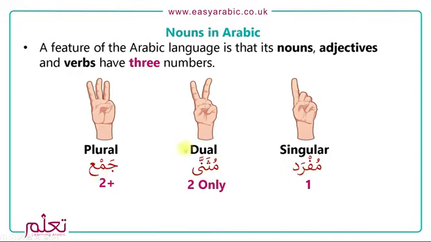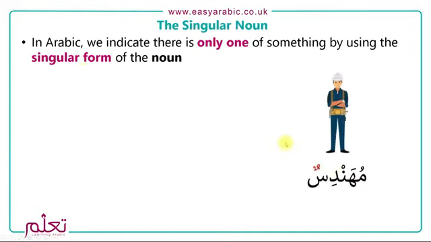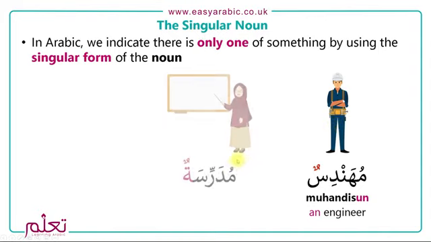Okay, so in the singular noun in Arabic, we indicate there is only one of something by using the singular form of the noun. And that can be either masculine or feminine. So if we look at this example here, we've got muhandis, which is an engineer. We're talking about a male engineer. Okay. Then we have mudarrisa,